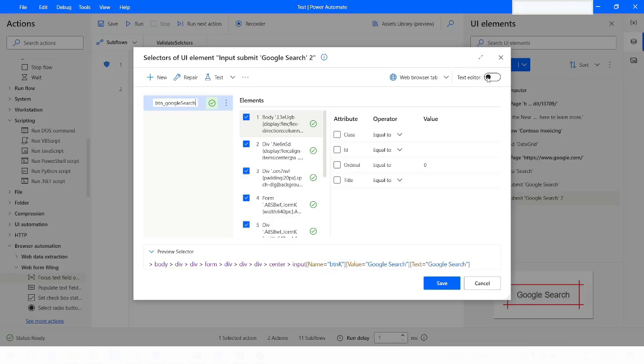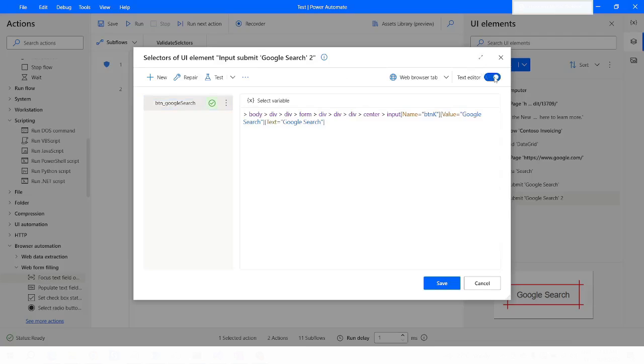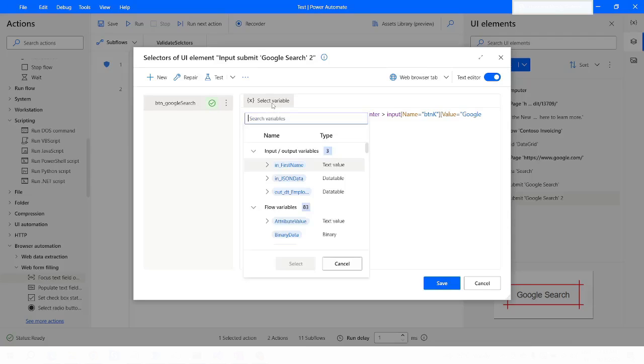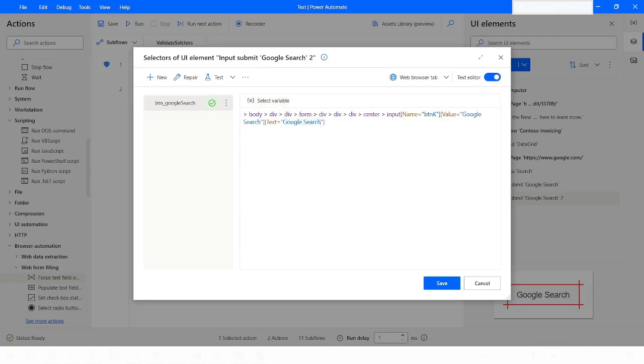Other option is that you can click on text editor, where your selector will be shown in a line, and you can modify your selector as per your requirement. For example, if you want to add some index, or maybe you want to have this Google search into a variable, so you can create a variable outside and you can use the variable by clicking on the select variable. So you can directly specify this variable name, and then the value will be populated accordingly here,